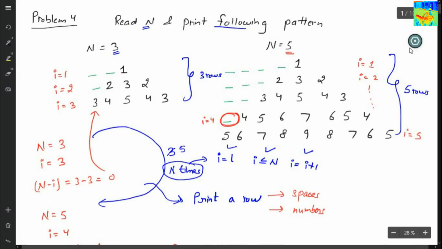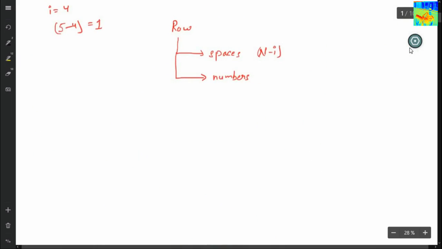If you look carefully, first I have to print increasing numbers and then I have to print decreasing numbers.